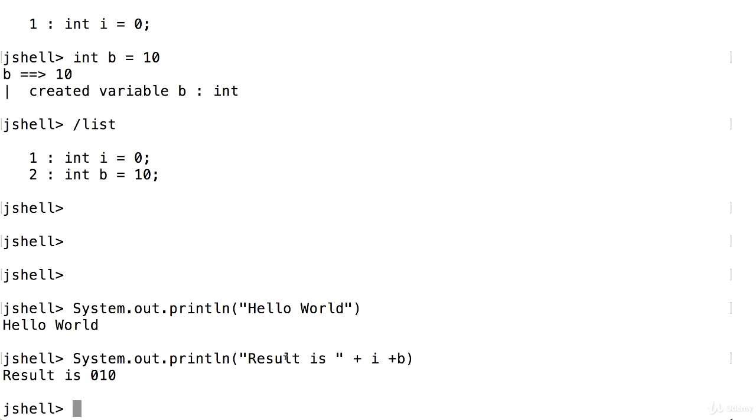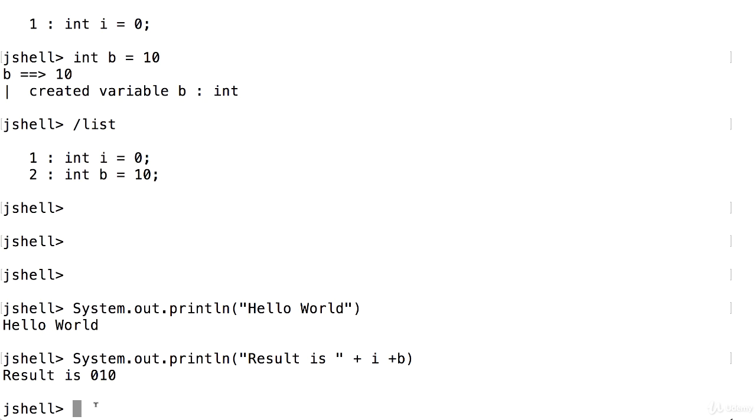What's going on? Well, it seems like something is happening here. Because I'm talking about a plus, and I know that this i is indeed an integer, and this plus here is not going to be concatenation. So this is not the result I wanted, because now it says it's 0, 1, 0, which is treating these as, of course, strings, right? But that's not what we really want. We want to